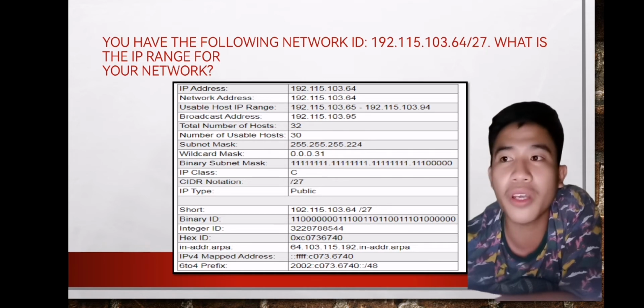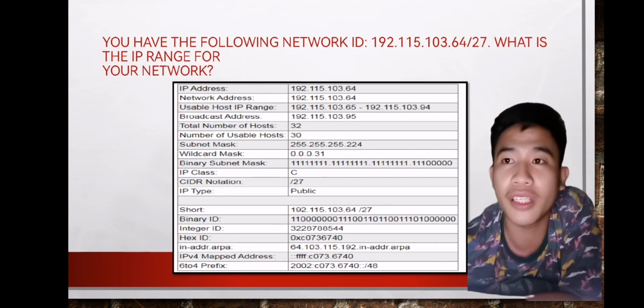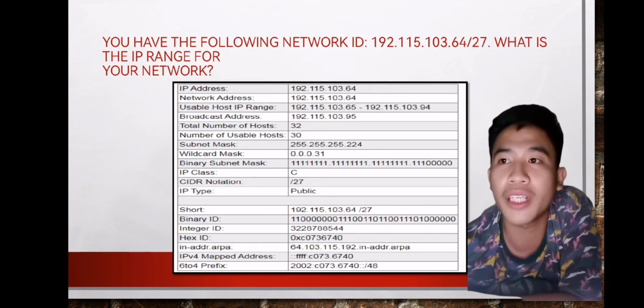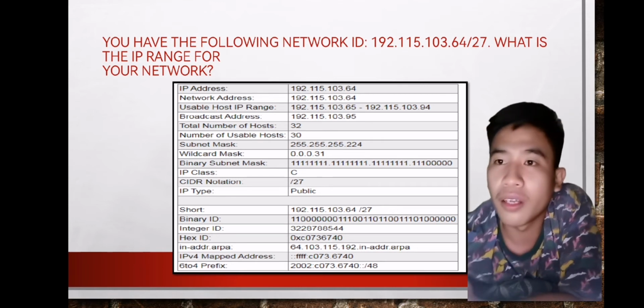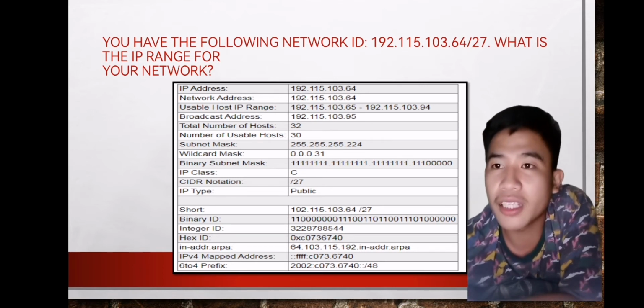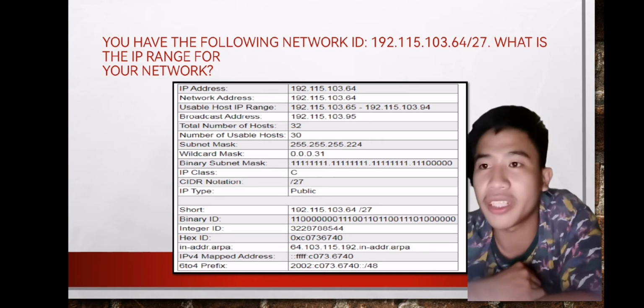Based on this question, the range of this IP address 192.115.103.64/27 is as follows. The usable host IP range is